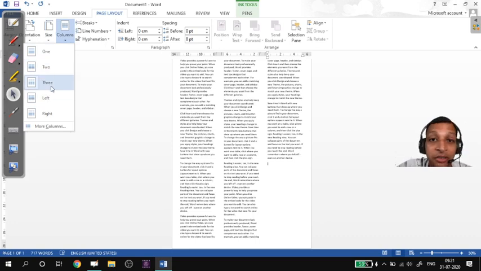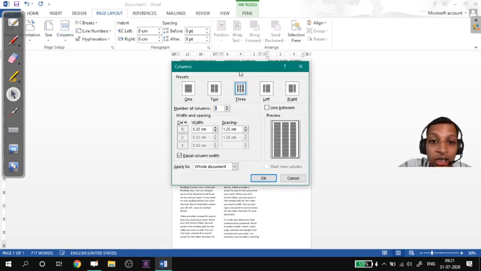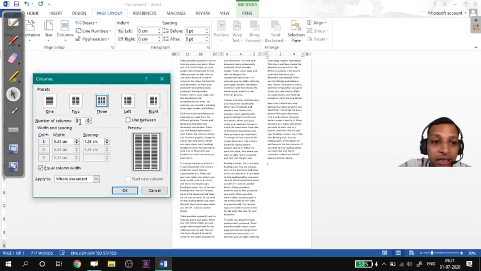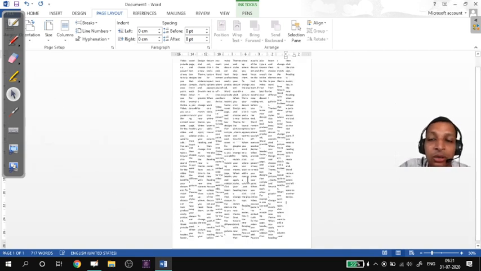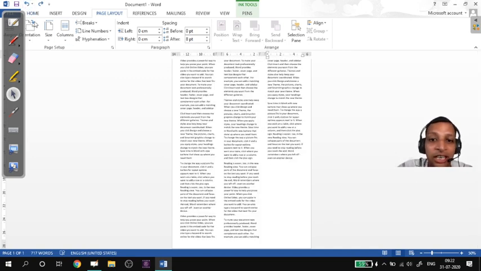You'll say, sir, how many can we do maximum? So I go to More Columns, and I want to play with it a little bit. Right now it is 3; I'll make it 30 and see what will happen. It will go to a maximum of 14. And when I press OK, this is how it will look. It will be very difficult to read. So let's not do this. Let's keep it up to 3 or 4 maximum, depending on the page size, of course.